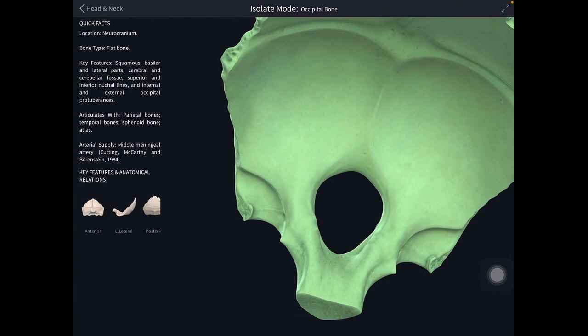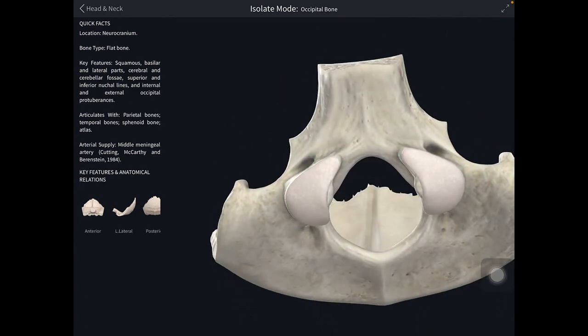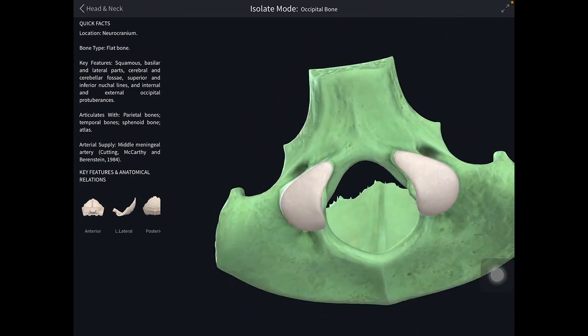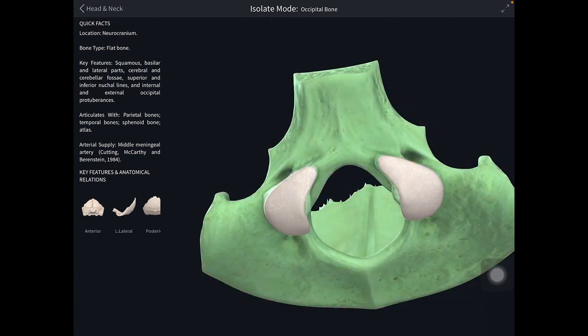Now we will see the condylar part, inferior surface. On each side of the foramen magnum, you see the condylar part, inferior surface presenting an obliquely placed convex articular surface that is called the occipital condyle. The student should note the condylar part is giving the occipital condyle. Otherwise, the occipital condyle is a part of the condylar part, which occupies the anterior half of the outer margin of the foramen magnum. The white color is the occipital condyles.